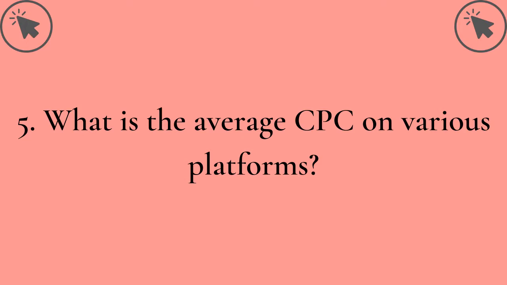What is the average cost per click on various platforms? There is no fixed figure here, so it will change based on the industry you're working in, how competitive your industry or the segment you're working in is, etc. General financial industries and law services seem to be expensive segments or categories where the rate is quite higher. But the industry average for Google AdWords is $2.32 on Search Network.